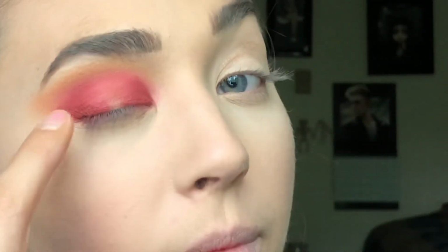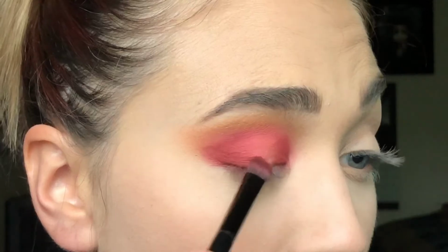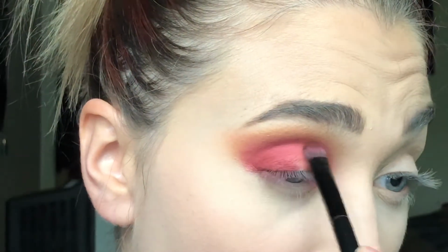Now I'm just taking that little darker shade, and I really like how that looks. It's a little bit darker, more glam, and I'm just bringing it kind of to the corners. I know it looks patchy right now, but we're gonna fix that in a minute. I'm just packing down the color first. And if you want to do a halo eye, you're gonna want to bring it into the inner corner as well. And then I'm also gonna just bring it up